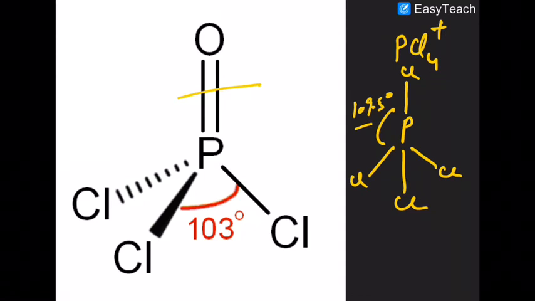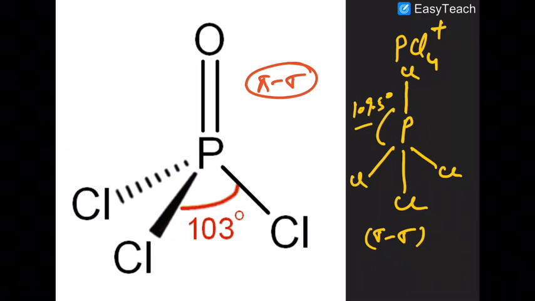Why? Because here a pi bond is present. Here what happens? A pi bond is present, so the pi bond repels more. Here all are sigma bonds. Okay, there is sigma bond repulsion. But in this case, what is happening? There is pi-sigma bond repulsion. So pi-sigma bond repulsion is more than that of sigma repulsion. So if repulsion is more, then the bond angle will decrease. If lone pair repulsions are more, then the bond angle will definitely decrease.